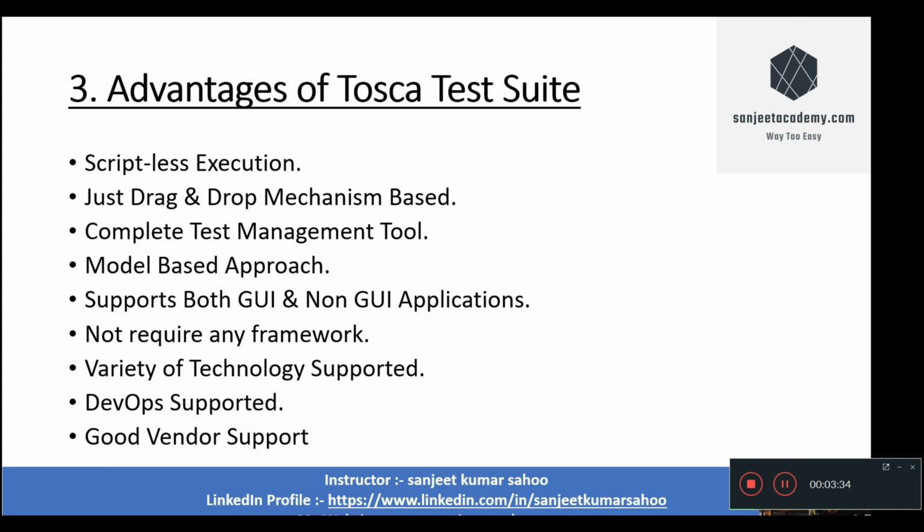But in Selenium, if you try to use Java with Selenium, or Python with Selenium, or JavaScript with Selenium, you need to have coding knowledge of that specific language as well, because the internal logic of Selenium will work depending on which language you choose, that is Java, Python, or JavaScript. But in Tosca, you don't need any coding knowledge. You can start by using a drag and drop mechanism, which you're going to learn in a coming lecture. So it is a very interesting topic.